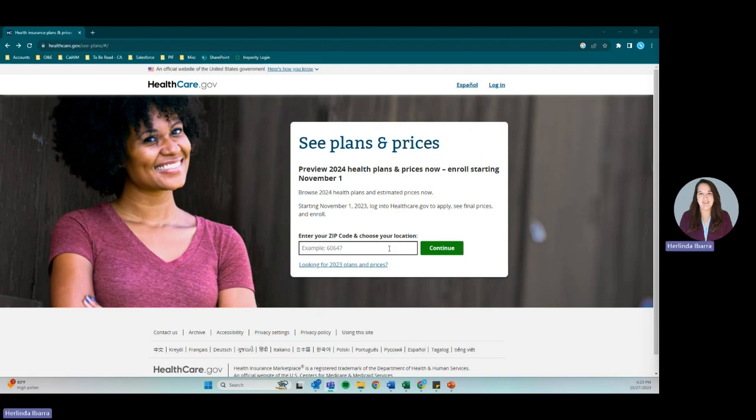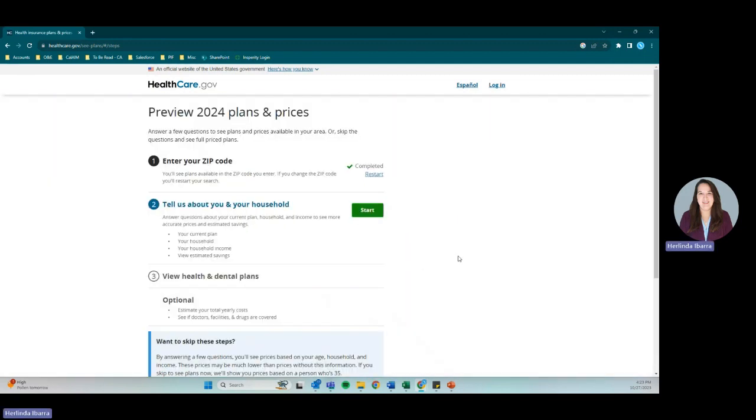Let's go ahead and get started with the first step of entering the zip code of the client's physical address. And today we'll be using the zip code for the Toledo area. We'll go ahead and select the county for that physical address and click continue. And you can see there are 3 easy steps to this tool to be able to view the health and